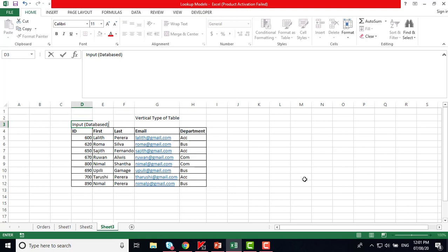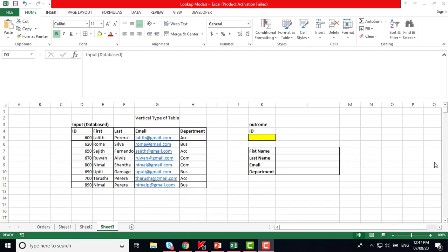Now, the user wants to know a certain outcome. So let's look at the outcome, or the result. As you know, when the vertical lookup is used, the leftmost column is going to be used for searching certain information, right? That is called the leftmost column. You can see now I have prepared another table whereby the user just wants to type the index number or the registration number or the ID number of the person into the yellow color cell reference, or the input area, where the user can type that.